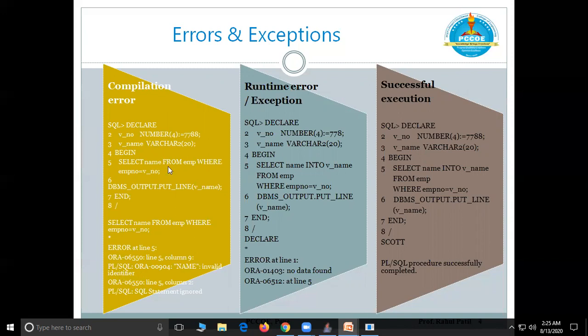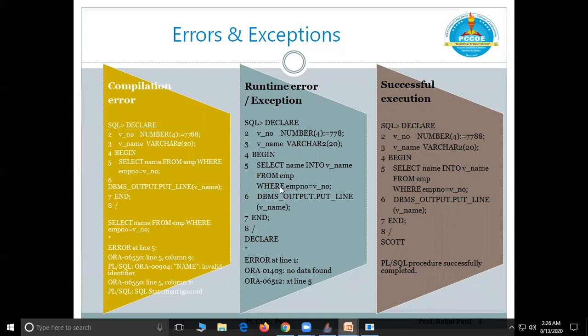A similar block is written here. The select query is perfectly fine: select name into vname from EMP where EMP number equals v number. So the query is correct, the entire structure and syntax is also correct, but still there is a problem. What is that problem? That is no data found. Whenever the Oracle engine tries to execute this query, it will check the table EMP first.